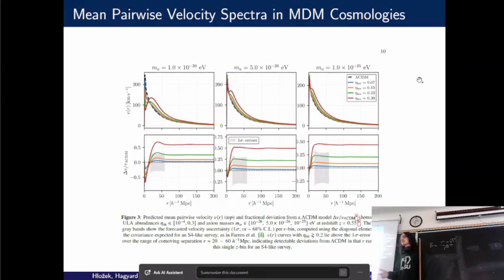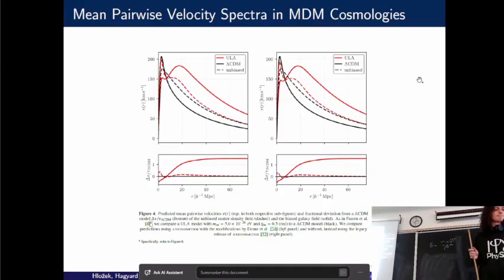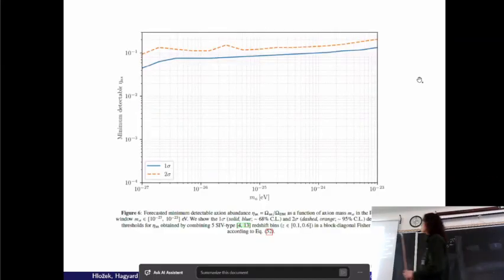But the most significant objective of the project was to impose constraints on the abundances of axions. And we ran a very simple Fisher sensitivity forecast. Essentially, we ran